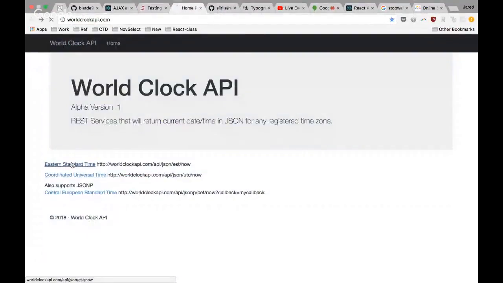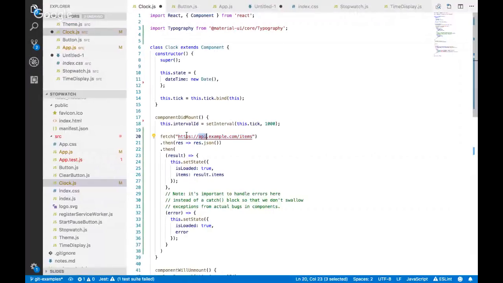And the API I want to fetch from is this URL. So I'm going to replace in this fetch what I'm fetching with this world clock API. What that's going to do is make a request to this server for this URL,